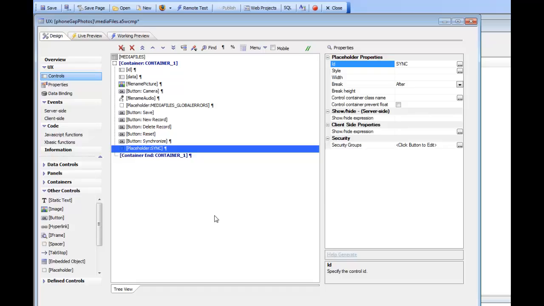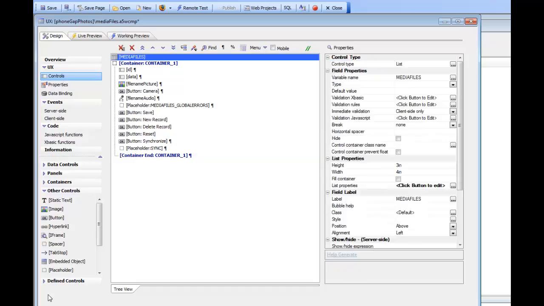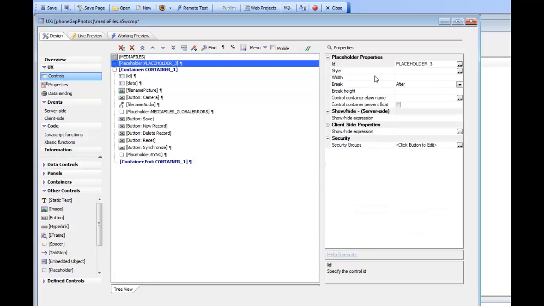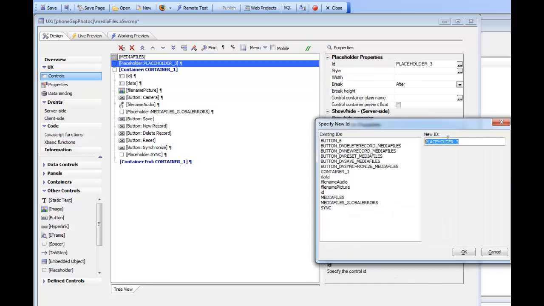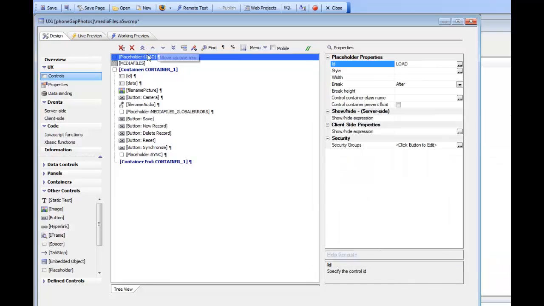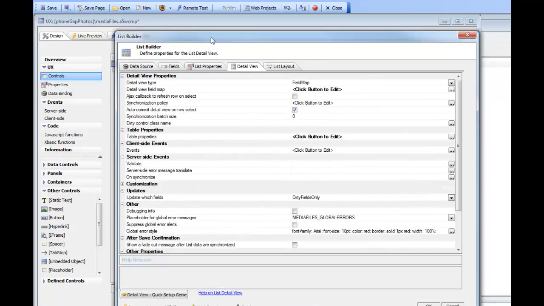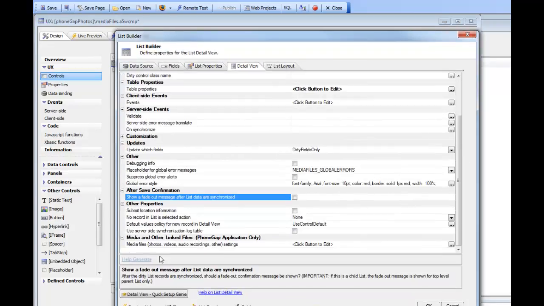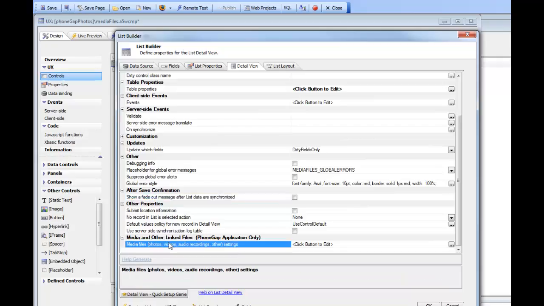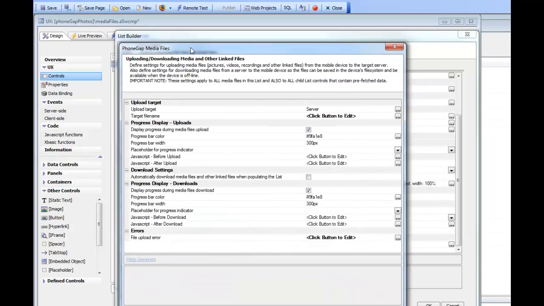And then the other thing is that when the list is initially loaded from the server, the application can retrieve all of the media files and bring them down to the device. So let's put another placeholder over here, and I'll just call this the load placeholder. So we'll move this placeholder up, and now go back to media files over there, go over to the detail view, go back to media file properties over here, and we'll specify that basically